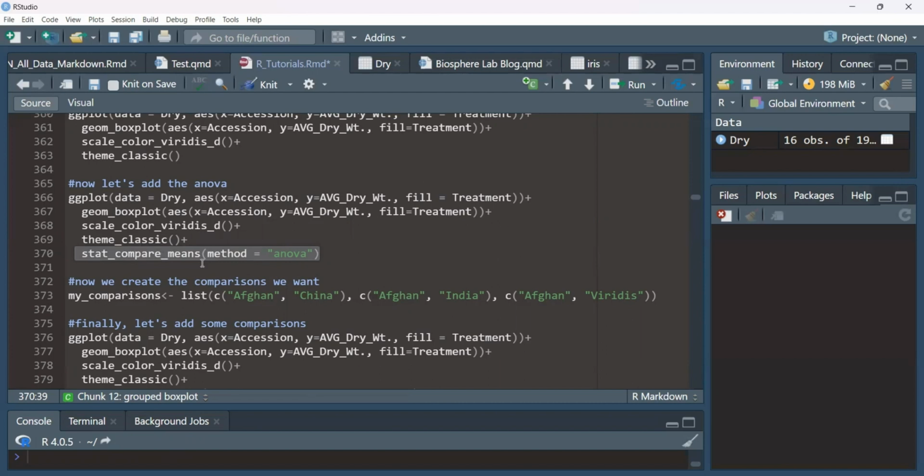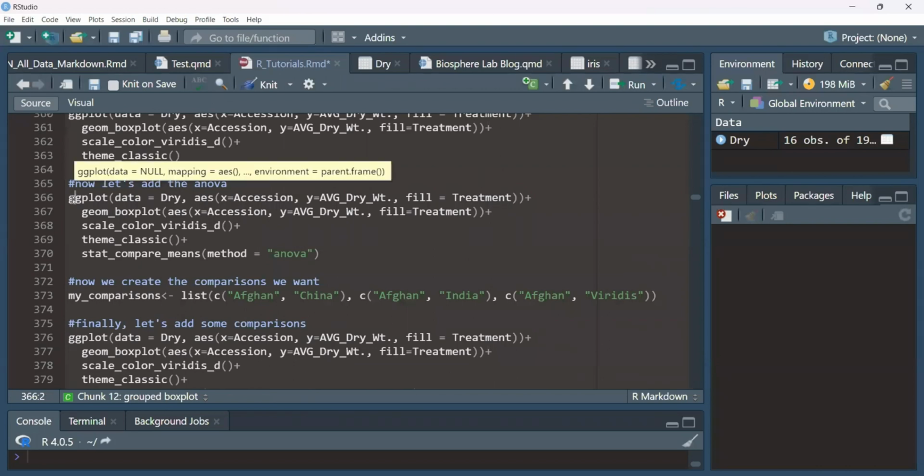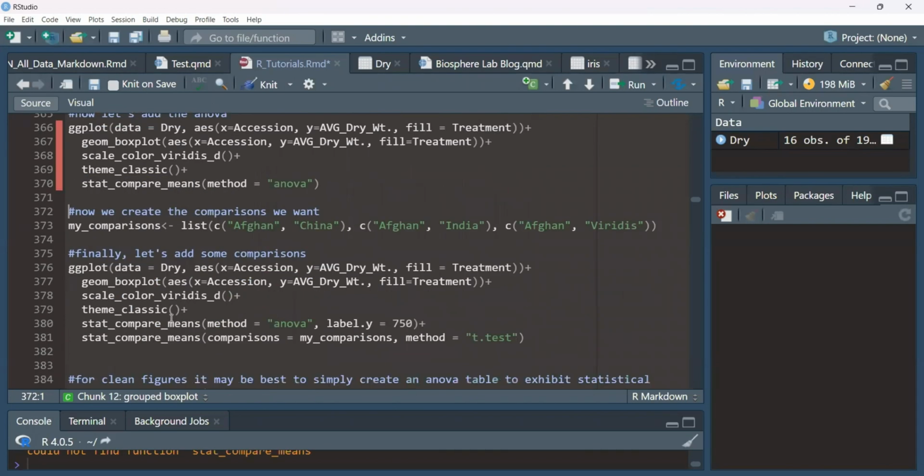So stat_compare_means will compare the means of your box plots, and you can choose the method to tell it what statistical measure you want to use. In this instance, we're looking at it from an ANOVA standpoint, an analysis of variance. So if we run this line,